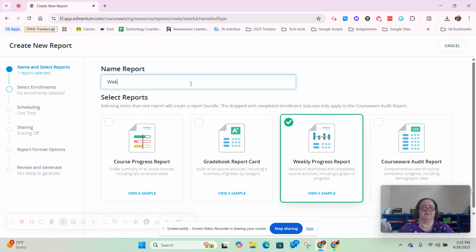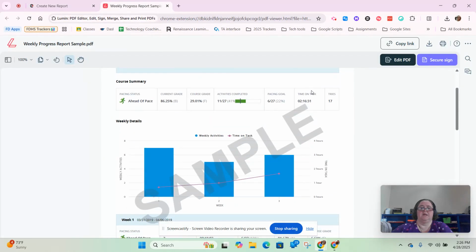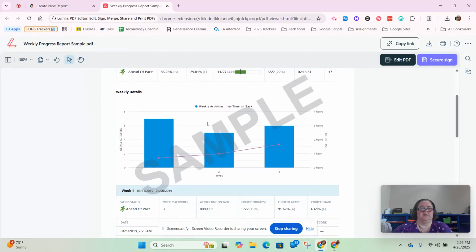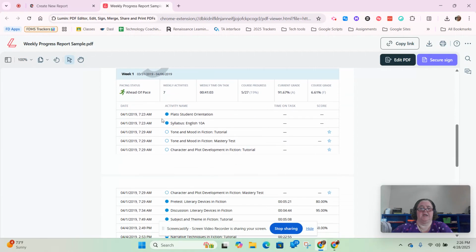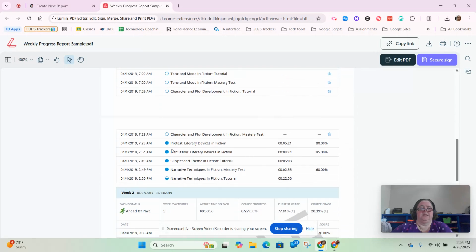So I'm going to call this weekly progress report. And you give it a name because you are setting the parameters for this report. So it has a general, and you can view samples of all of these. If I click view sample, you can see that you get a little chart, and then you get each task and whether or not they completed it. So if the bubble is full, you know they completed it,